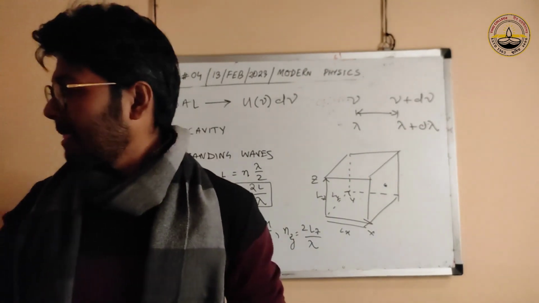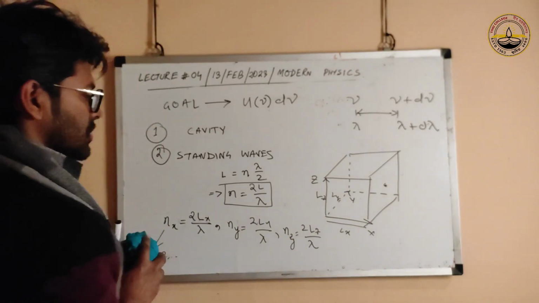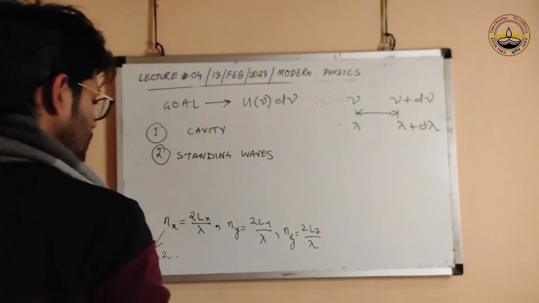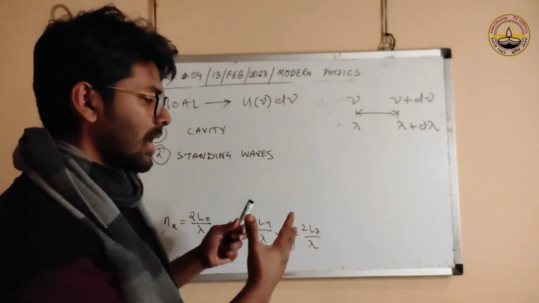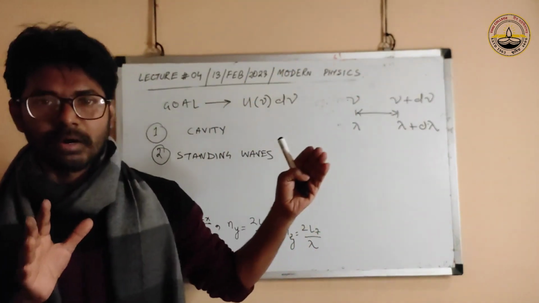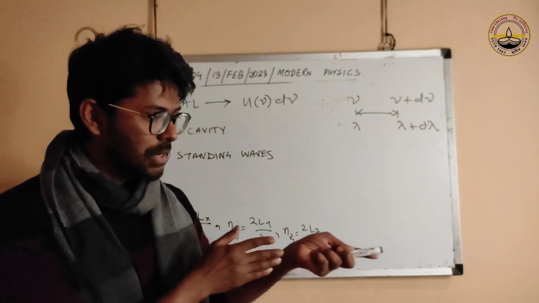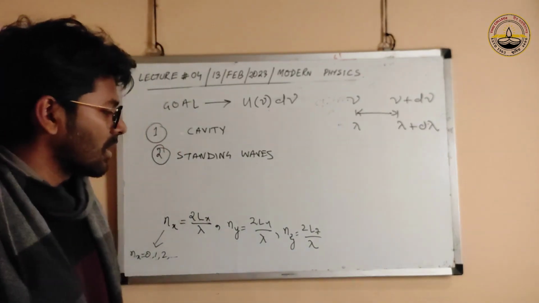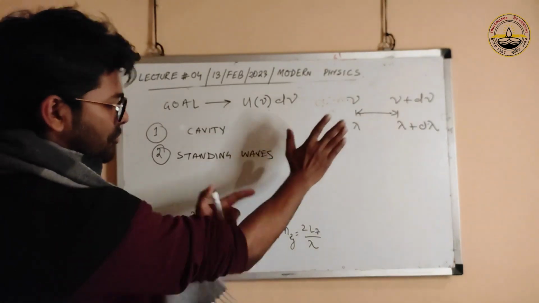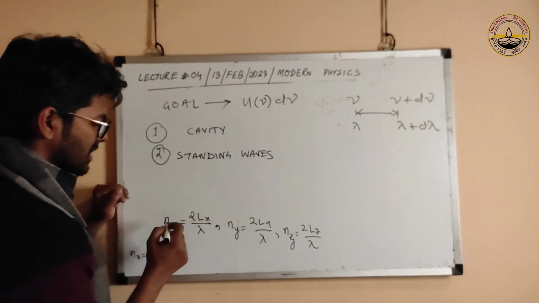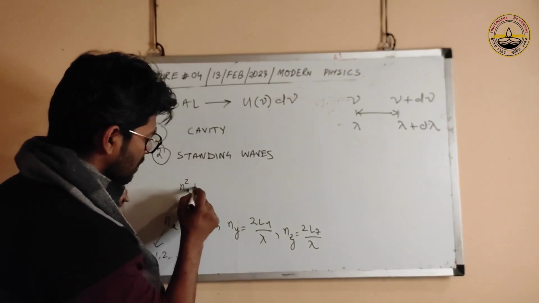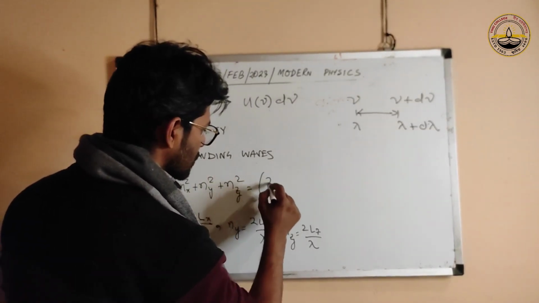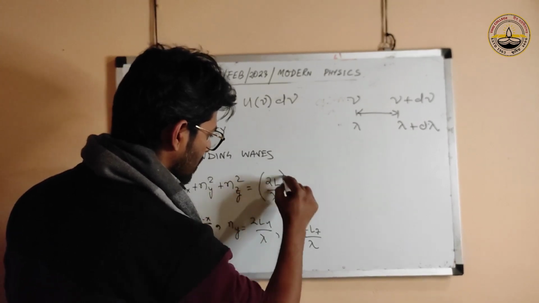Three independent conditions. And if you did your waves and oscillations correctly, or rigorously, then you know that for the condition of standing waves happening in any arbitrary direction inside the box, not absolutely in the x direction, or absolutely in the y direction, or absolutely in the z direction, the condition that must be satisfied is nx squared plus ny squared plus nz squared equal to